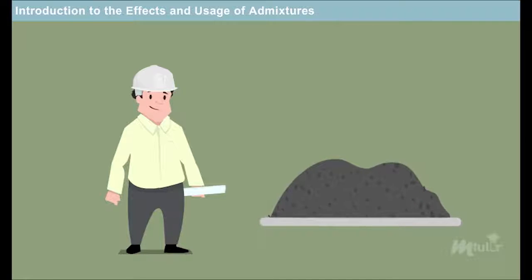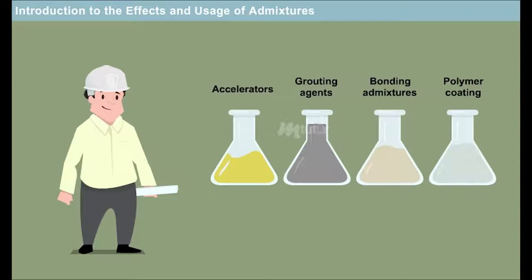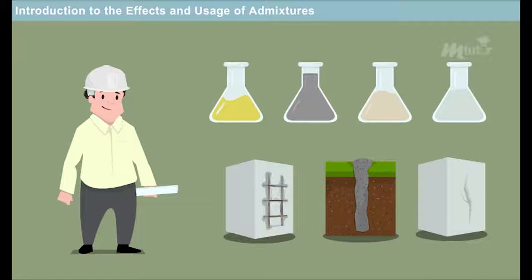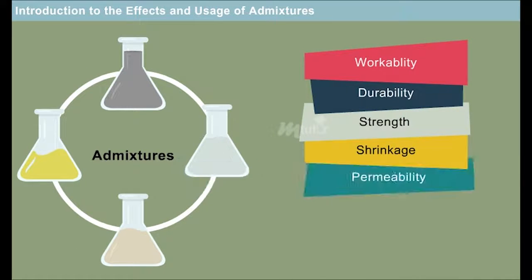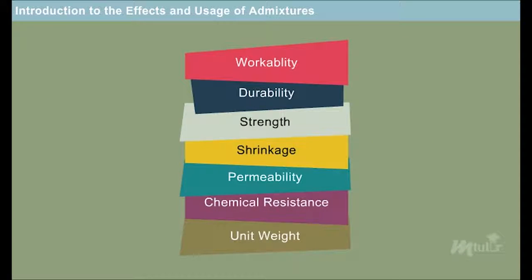Since there are different types of admixtures, you would probably make use of accelerators, grouting agents, bonding admixtures, and polymer coating for the assigned task. Yes, these admixtures are suitable for localized patching works, gravity filling, and for sealing the cracks of the old building. It is true that different admixtures have different effects on concrete, and hence its usage is based on the work it is required for. In this lesson, we shall learn about the effects and usage of admixtures for obtaining desired